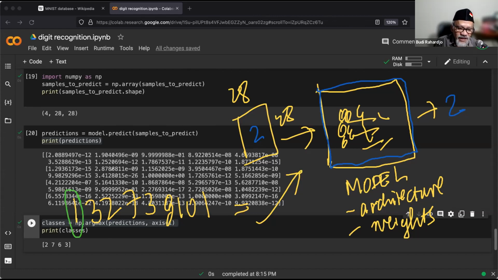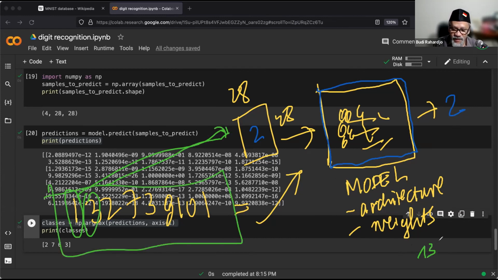The first digit goes here. Okay, it's 1. The second digit, box it again and put it in here. Oh, it's 3. So we can recognize this and then it will become 132738101. So it can recognize all these characters.